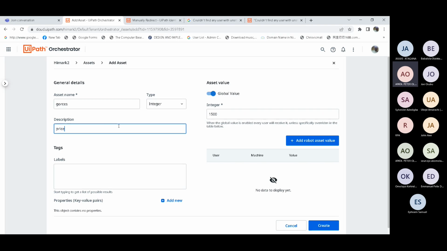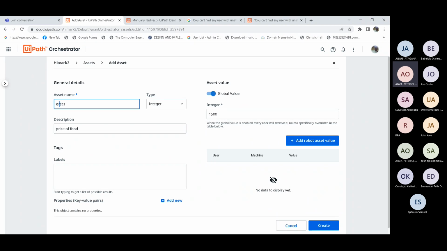So why do we need assets on the orchestrator? Assuming we want to manage different projects in different studios, and we know that the same variable will be used across different robots, why create the same variable in each studio? Since the orchestrator is used to manage and collaborate studios and robots, we could just create an asset such that any package we publish automatically picks the value from the asset, since we know the asset name.